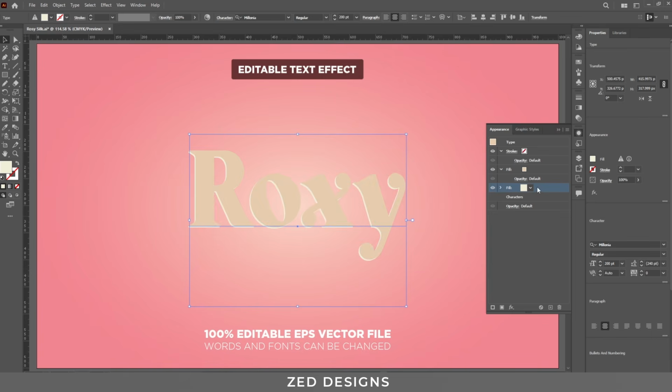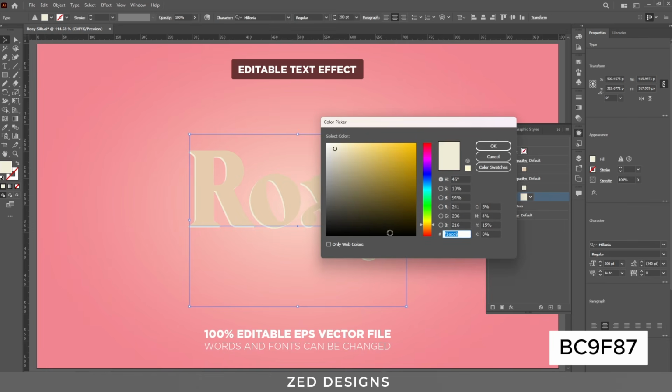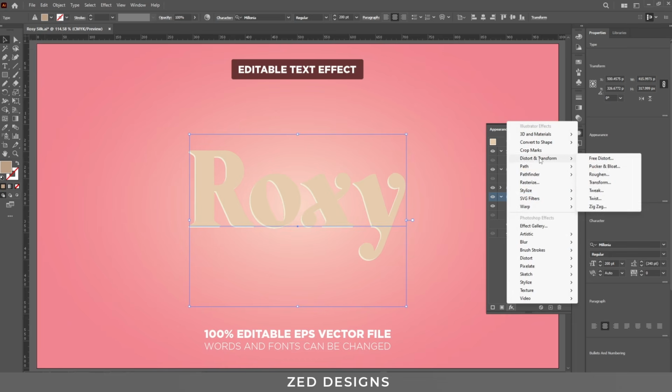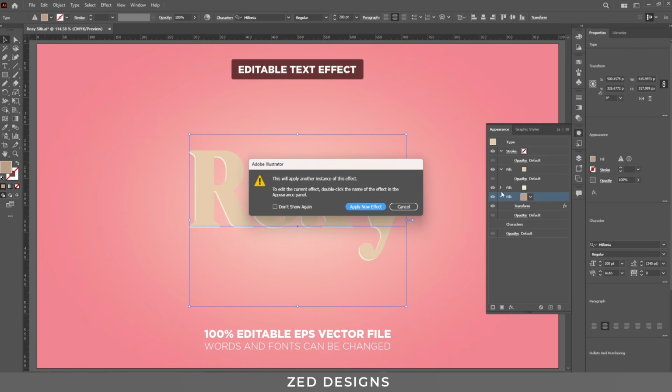Next duplicate this layer. Now select this layer and let's change the color. Then click OK. Next click on this arrow and then go to Effect, Distort and Transform. Click on Apply New Effect,